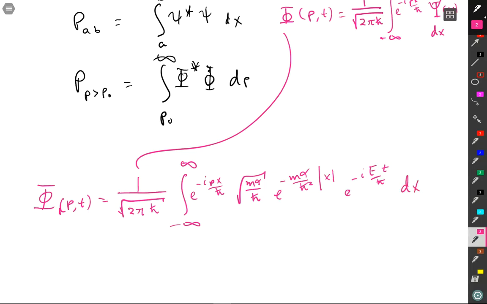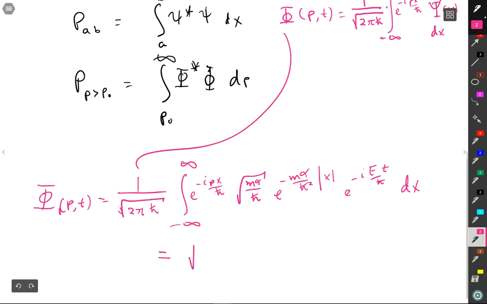So I have this integral. Now, you don't have your textbooks out. Let me quote from the textbook. The momentum space wave function is therefore, and he has the integral rewritten, and then he has